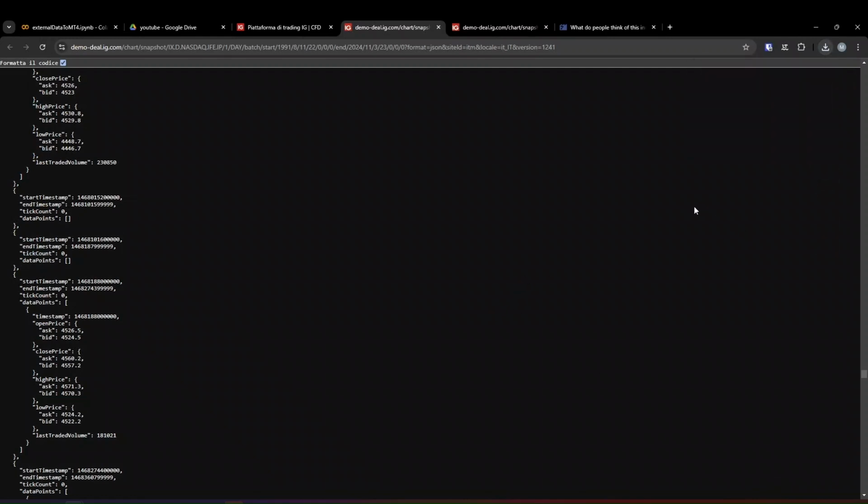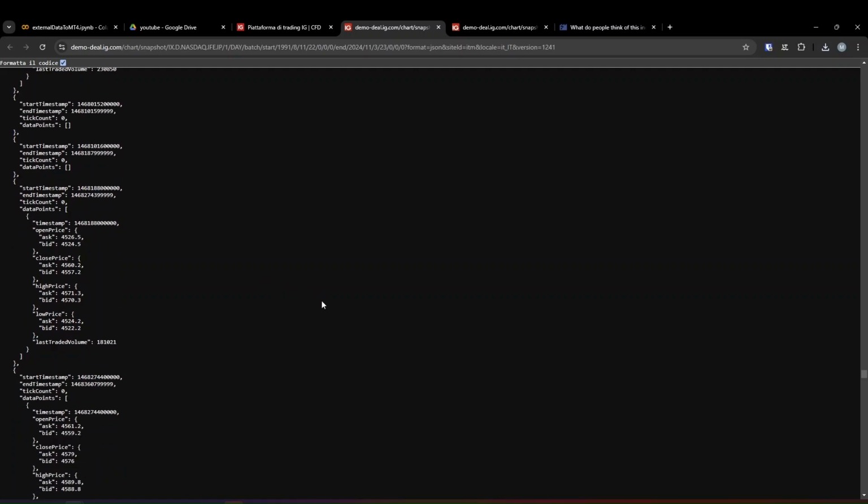right? And once you save it, you reached a good point of these tutorials. So basically now what we want to do is use another script. In this case, it's a script that I have coded that will help us to format the data in a way that MetaTrader 4 and more specifically the indicator that we downloaded earlier can interpret the data and finally plot it on the chart. So what we have to do is